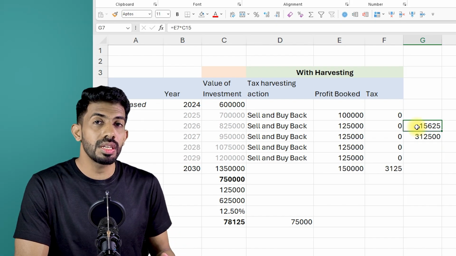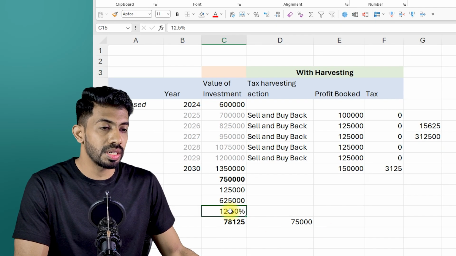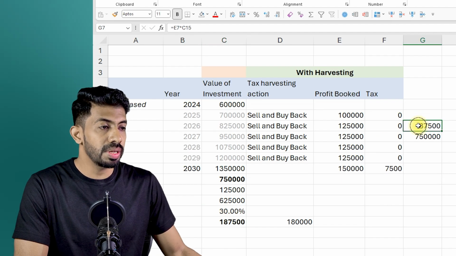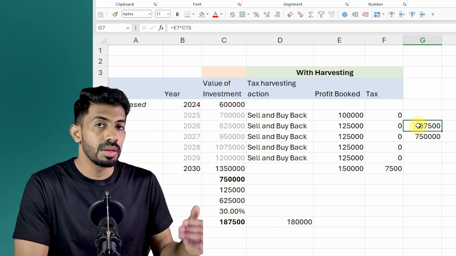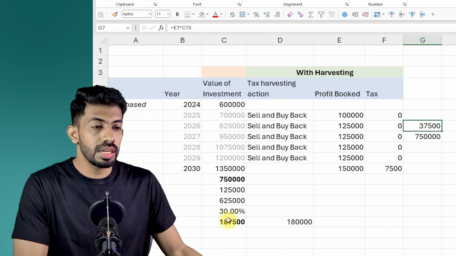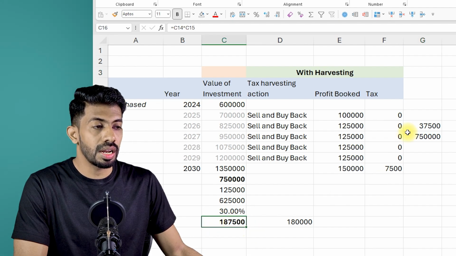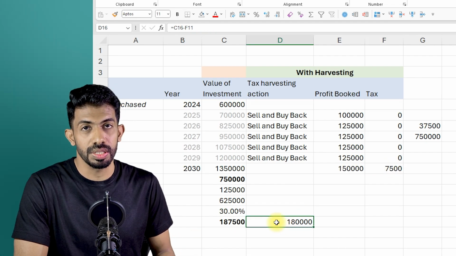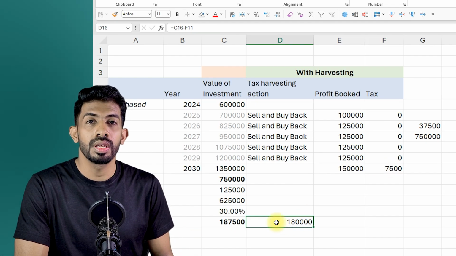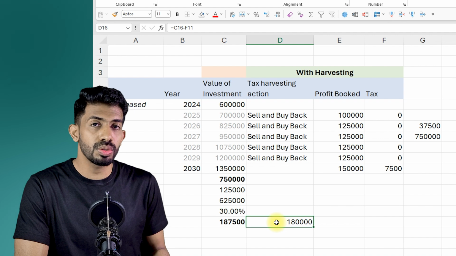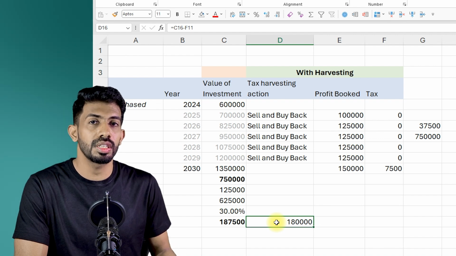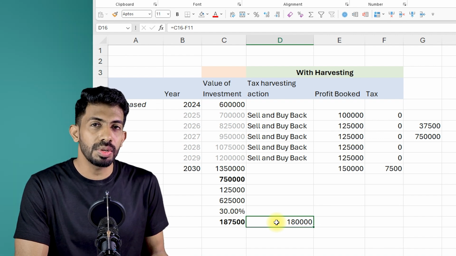The point I'm trying to make is that tomorrow, if the tax rate becomes 30%, the effective benefit will be 37,000 rupees per year. In that case, you can see that you would have ended up paying a tax of 1,87,500, and now you will end up with only 7,500, which is a gain of 1.8 lakh rupees. And that is quite substantial. So in my opinion, you should make use of this facility to the maximum extent possible every year till the time it exists.